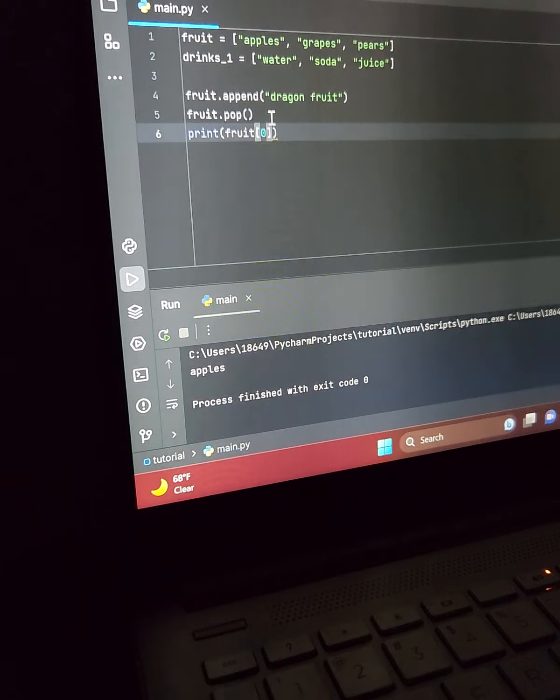Now, each one of these words, each one of these strings, has a position in the list. The first thing that would come to mind is you would think apples would be 1, 2, 3. It would be 1 apples, 2 grapes, 3 pears, but that's not how it works in Python. The first position is position 0. Apples is 0, grapes is 1, pears is 2, and I'll show you. As you can see,